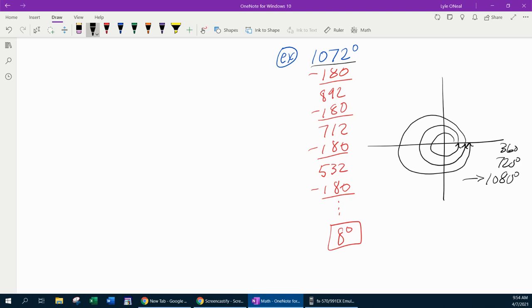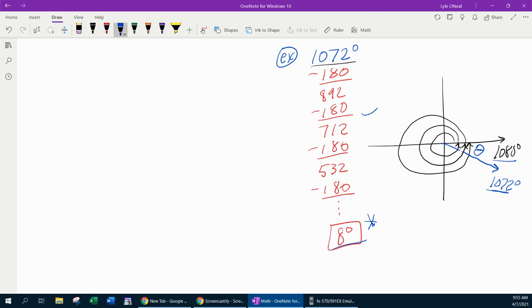So I know that this angle here, 1080, is coterminal with 360. This is 1080 degrees. And our angle is 1072. So that's going to come up a little bit short of 1080. The question is, how much would it take to go from 1072 to 1080? Well, that's 8 degrees. And so that shows that this technique of subtracting 180 repeatedly until you get an angle less than 90, if it's negative, make it positive,